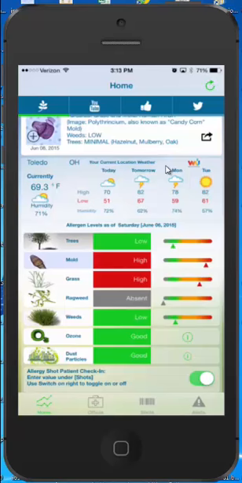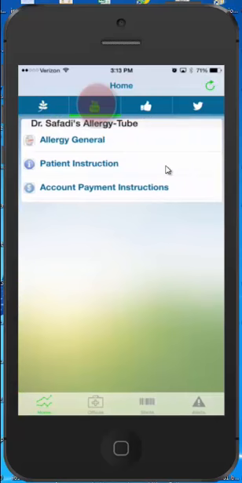We're still on the main page. The second tab on the main page is a YouTube channel, and this is at this point a work in progress, where it will pull specific videos that will incorporate information about allergy. It will also have some instructions on use of various devices, like what it says, patient instruction, as well as account payment instruction for our patients. This video is being added, so there will be a fourth section, which is to include instructions on using our